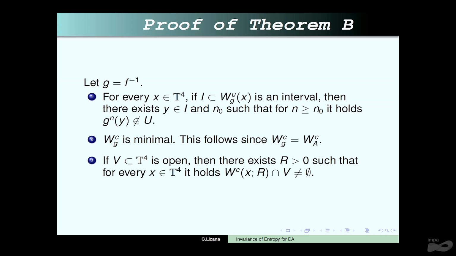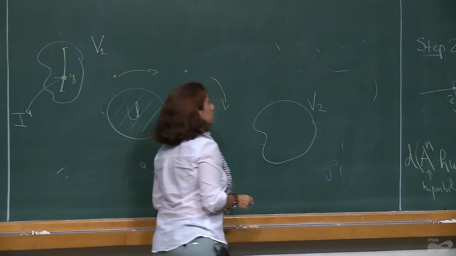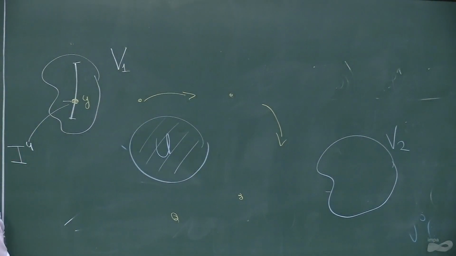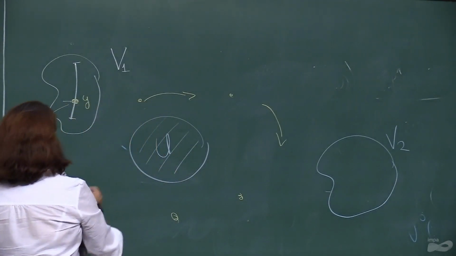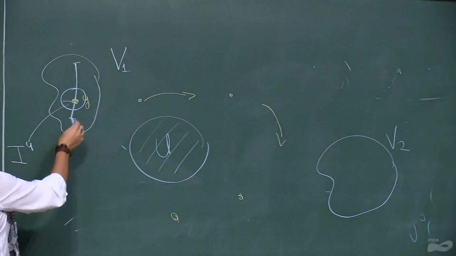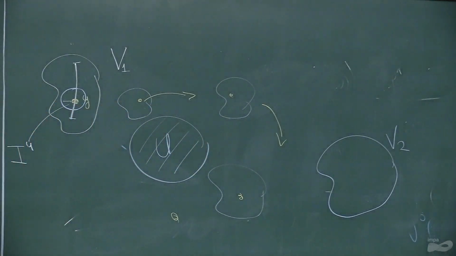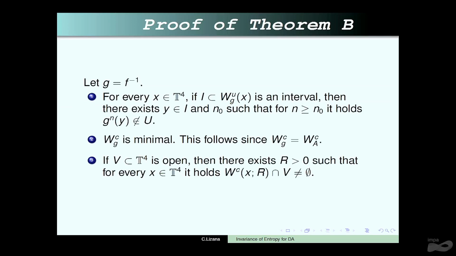So how do we do the argument to prove that this is transitive? You start with V1, and you have V2, another open set, and you want to show that for some n, the iterate has to intersect V2. But remember that the forward orbit of this point is in the expanding region. So if you choose a small ball here and you look at the behavior of this ball, probably it's going to be distorted, but at some moment, the internal radius is going to grow. That is what the third property says. So you can put inside a ball with a radius r. This r depends on the open set. So for this set V2, there exists some r,